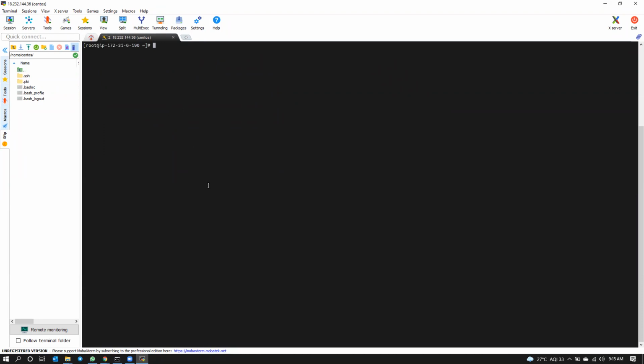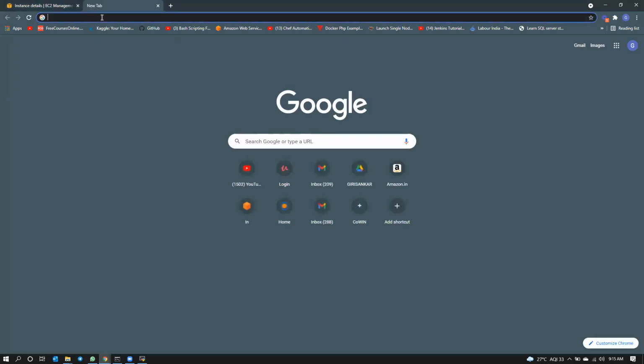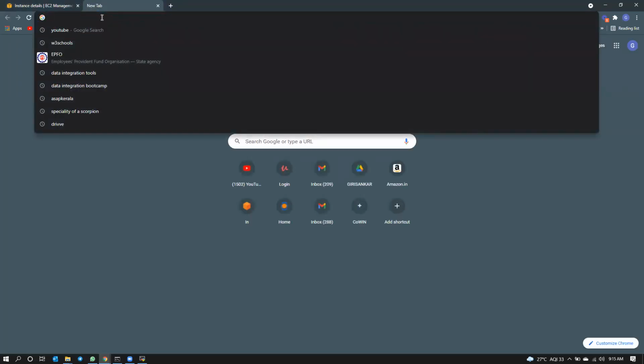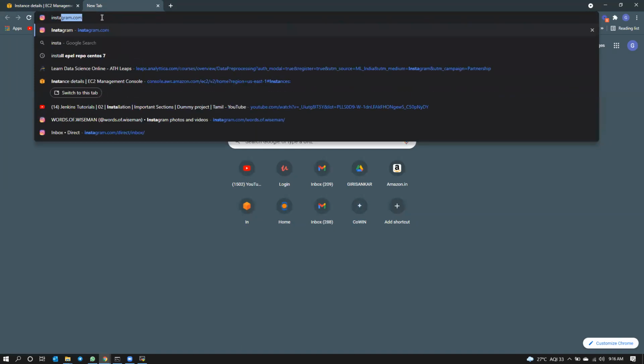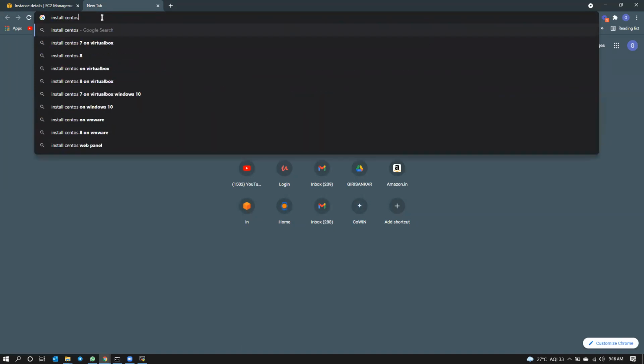Now let's see how to install Jenkins on a CentOS machine. We don't know, right? Nothing we know. So how can we achieve this? Any software if you want to install, just go to Google. New tab, please. Install